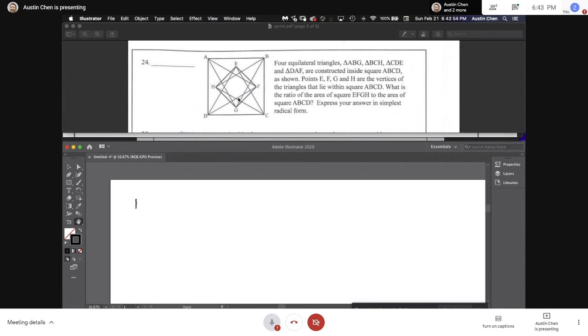Now you have to think about how you're going to get the side length of the square. This is going to require some thinking and geometry skill. Basically you're just going to have to find a clever solution to this. There's no really intuitive way to do this. And so one way you can do this is